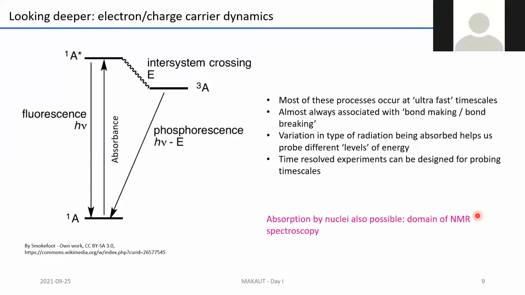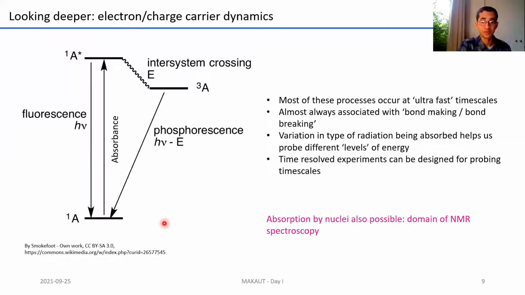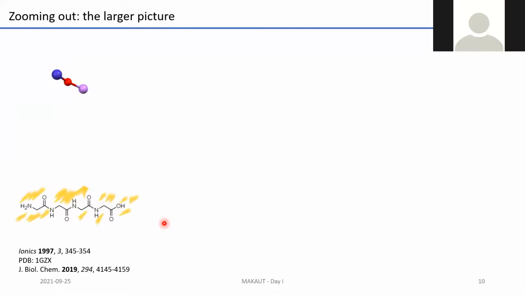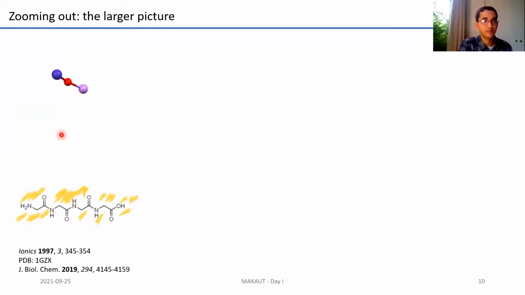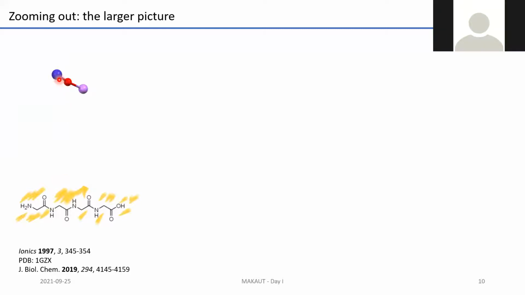Following this, I've talked about vibrations, rotations, translations, more macro-scale phenomena like diffusion and fluctuation, and more atomic phenomena like absorbance. So we come to this broad picture. At the very molecular level, you have something like this. So let's say bonds. This is again the single asymmetric unit of lithium cobalt oxide. You have lithium, you have cobalt, you have oxygen. And then you have a bond like this.